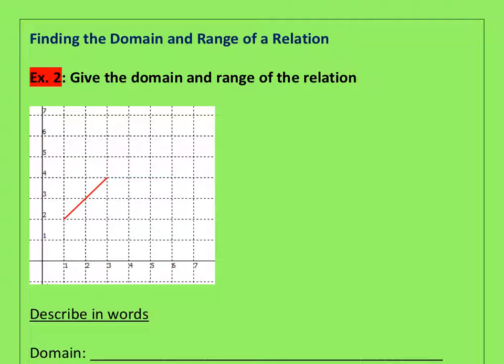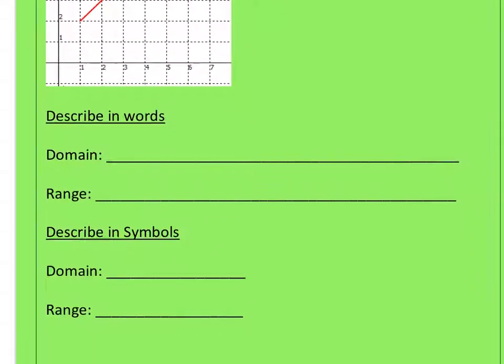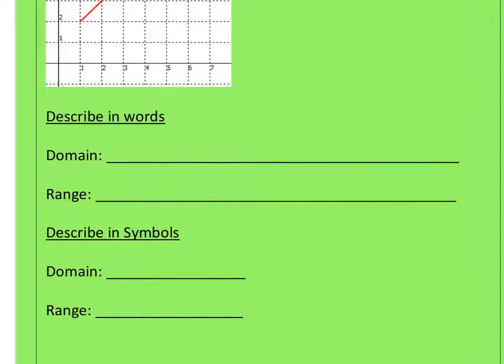In this question, it's asking you to find the domain and range, and we're also going to look at it and determine if it's a function. It says give the domain and range of the relation. So down here at the bottom, we are going to describe the domain and range both in words and also